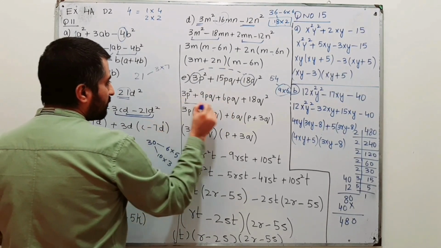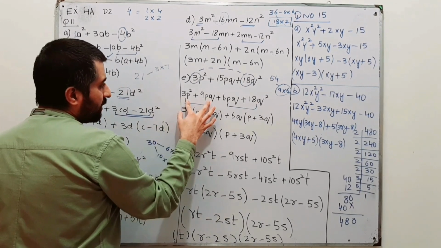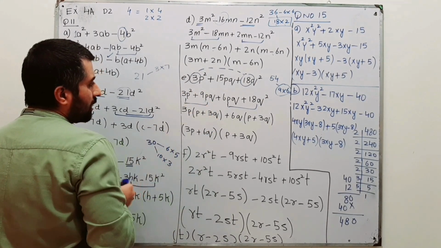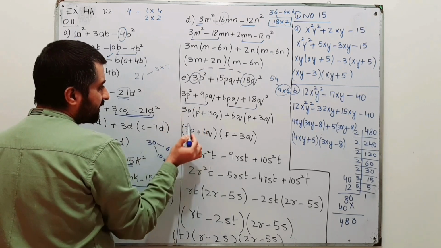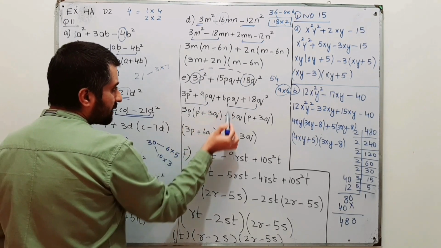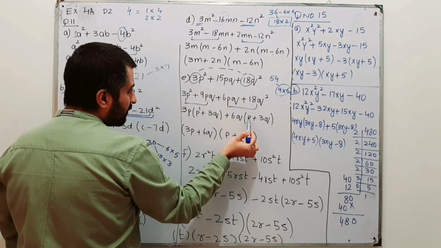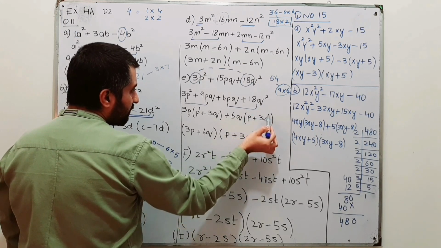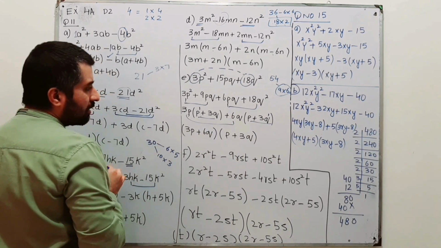From the first two take out common and from the last two take out common. From the numbers 3 and 9 you can take out 3 as common. From the variables, from p squared and pq, you can take out p as common. P is over here as well as over here. So 3 is taken out as common, p is taken out as common, we are left with p plus 3q inside the bracket (3 times 9 is 27, p is taken out as common, you are left with q). Plus, 6 is taken out as common, 6 is also a factor of 18, and q is taken out as common, you are left with p plus 3q. Out of this q squared, one q is taken out as common, we are left here with q to the power 1. So one factor is p plus 3q, which is inside the bracket. The other factor is 3p plus 6q.